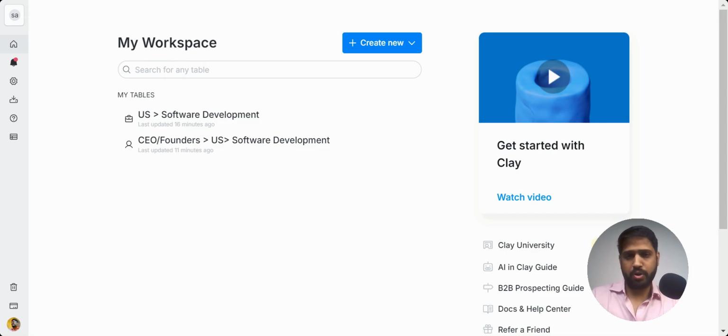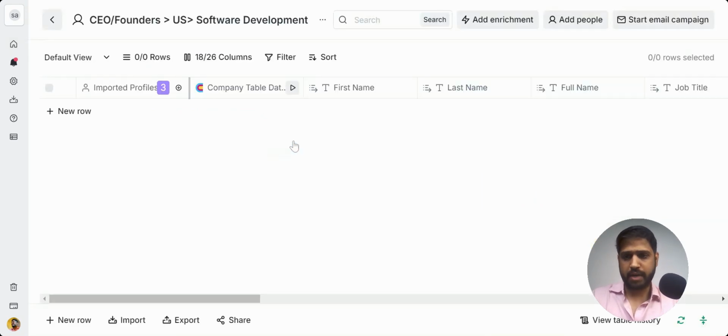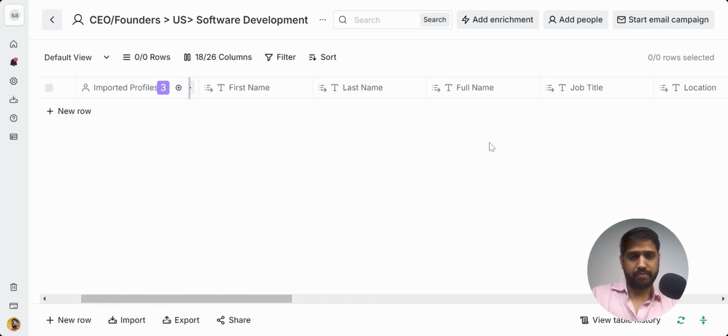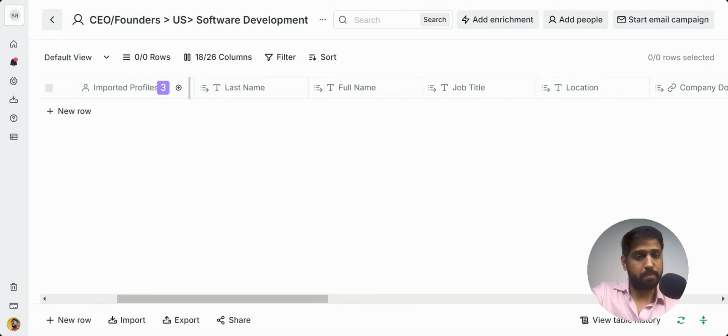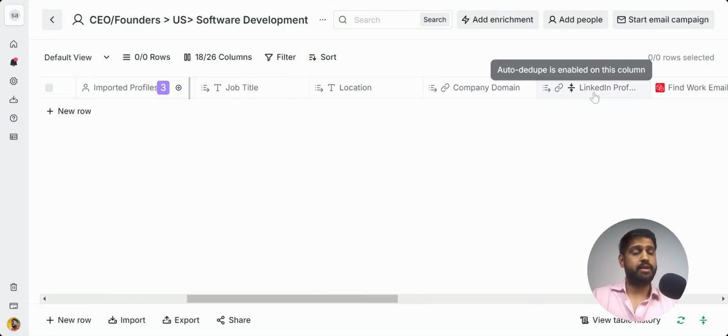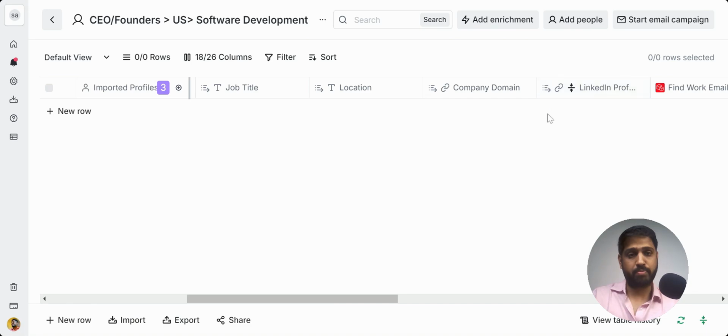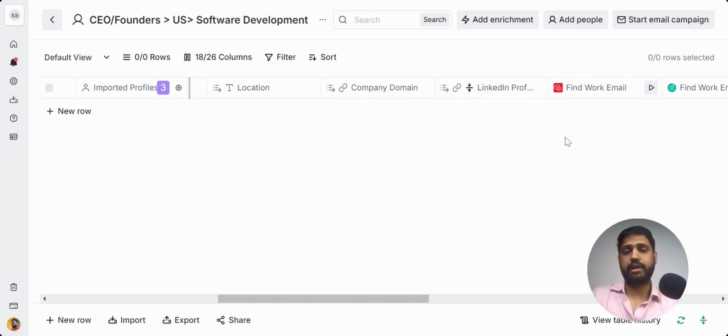First of all, you have to create a table in Clay. So I have already created one. You just have to go inside, and I have just created the columns which I feel I need and which would be helpful to collect my prospects' information, like first name, last name, job title, company's domain, and yes, LinkedIn profile. That's very much important because I keep on creating some personalized stuff in my cold emails